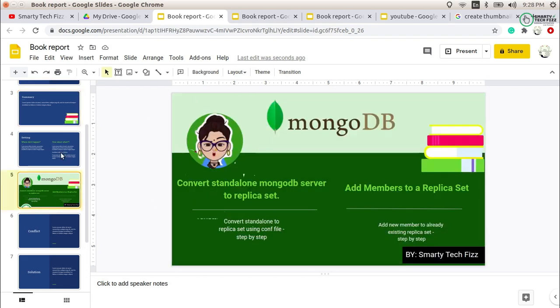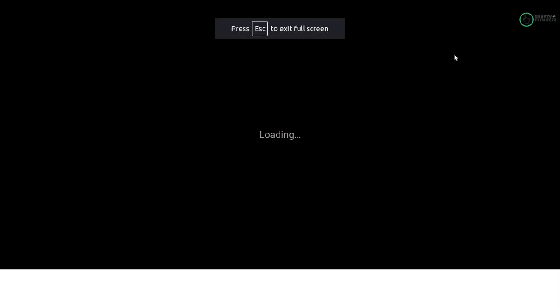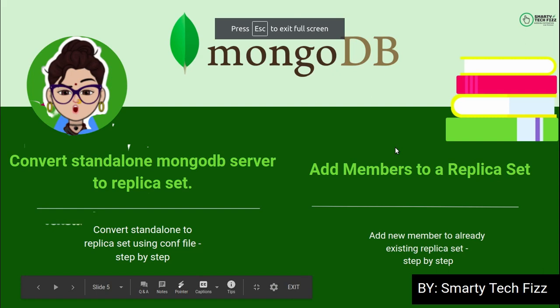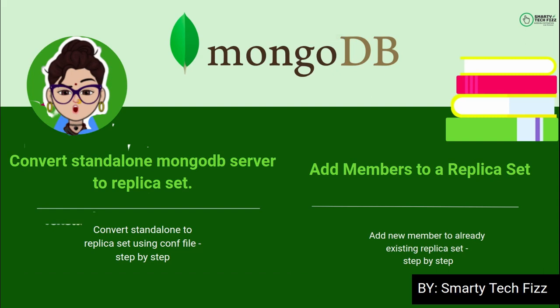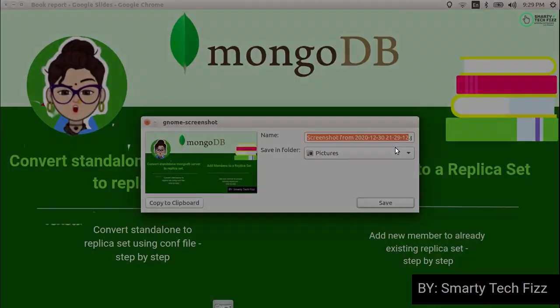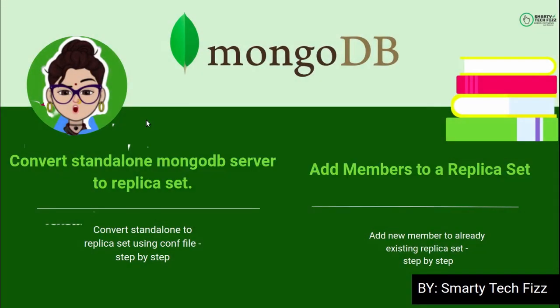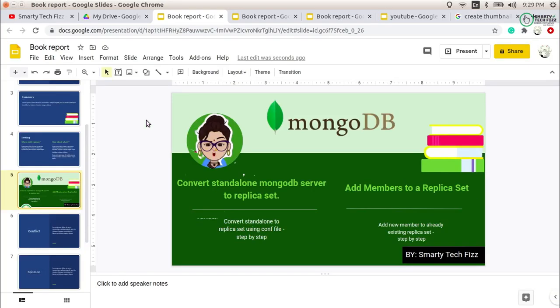You can even use the template presentation already given by Google Slides, or the PPT tools you are using. Just put your text, your images, and your colors on it. If you want to make changes, go to Present and go to full screen. After you land on the front screen, just hold on for a second and then take a screenshot of it. You can take this screenshot and use it as your thumbnail.